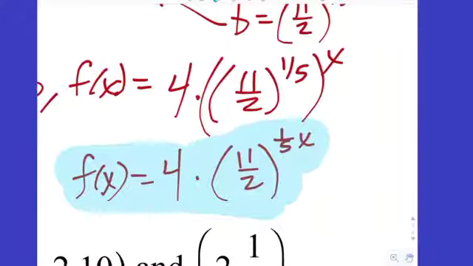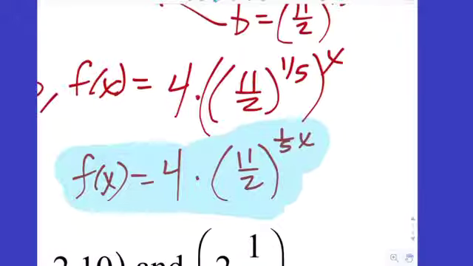The parent function is 11/2, which is exponential what? Growth or decay? Growth, right? The 4 is a vertical stretch by a factor of 4. The 1/5 is a horizontal stretch by a factor of 5. Good. So if it's not a perfect fifth root or third root or whatever, we're going to absorb it